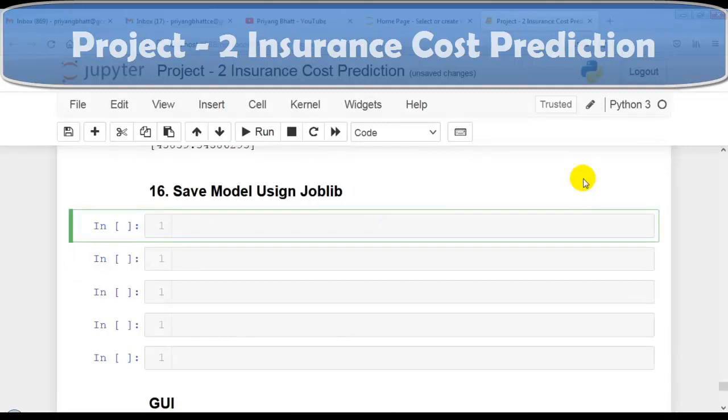So in this question, we are going to save our model using the Joblib library, so it is not required to train our model again and again. But please remember, we can also consider this as a deployment. Before deployment, we have to train our model on the entire dataset, not only on X-train and Y-train. We trained our model on X-train and Y-train just to evaluate our model and to find the best model. So now we found our best model, right? Gradient boosting regression. So we are going to train gradient boosting regression on the entire dataset before deployment.